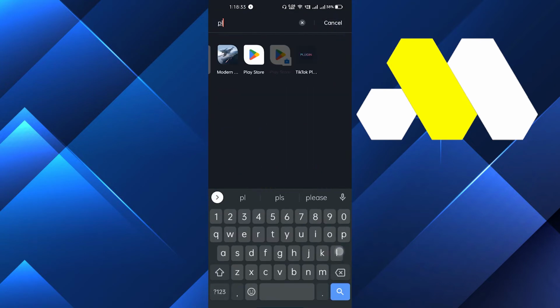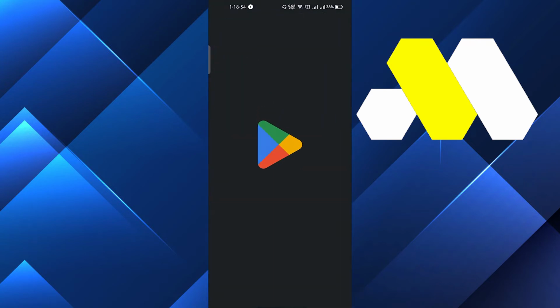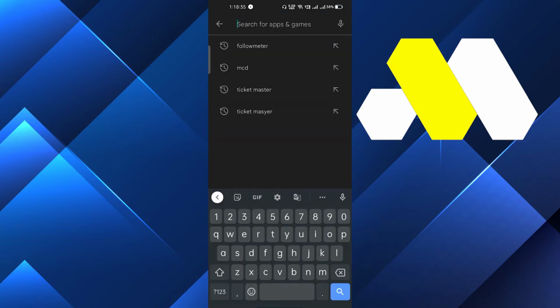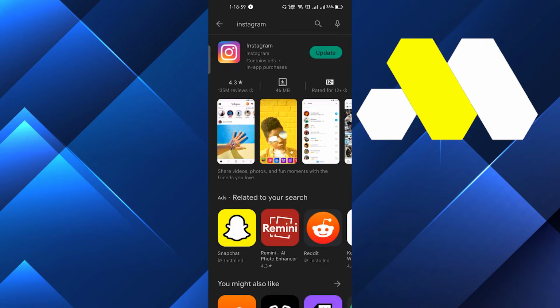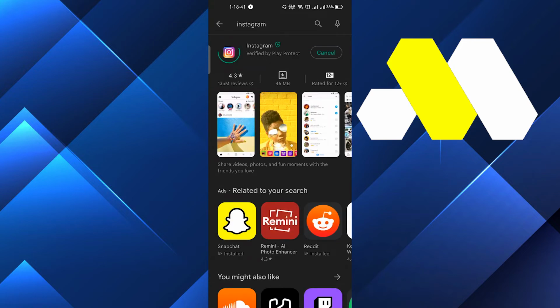So first of all we will go into the Play Store and here we will search Instagram, and after searching here we have to update this app, right? So just make sure that you are using the latest version of this app, right? And after updating the app we have to open the app, okay,